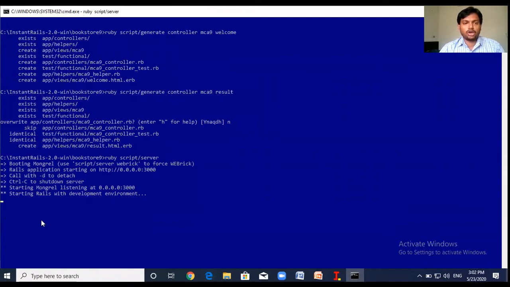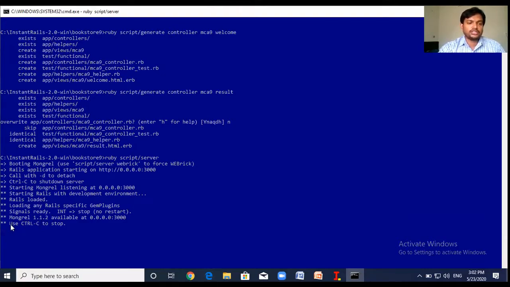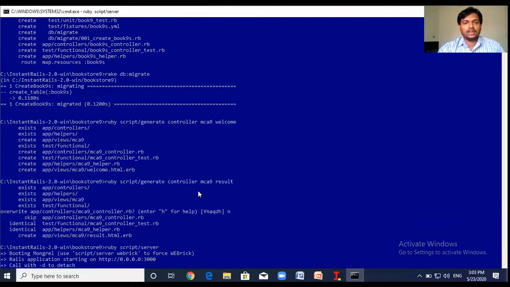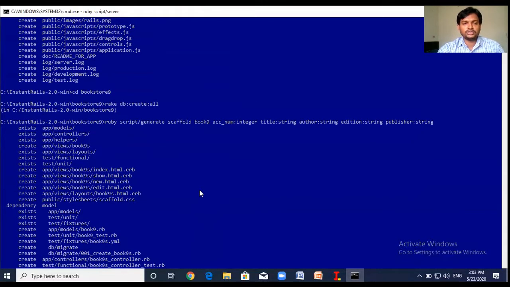Control C to stop, so that means that the server is started successfully. Now we can see the last line says use Control C to stop. So now the server is started. Next, till now we did not write a single piece of code.